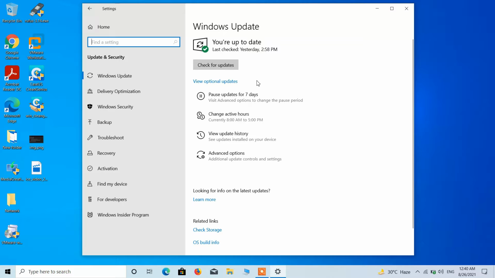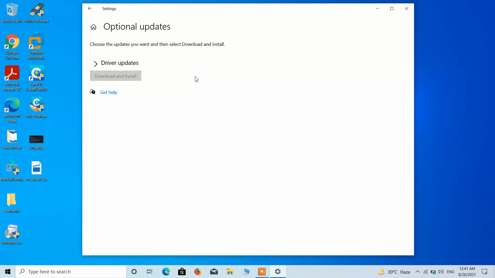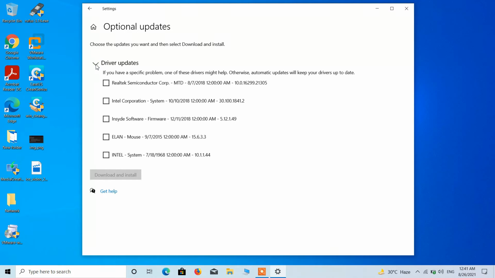Now just click on this view optional updates on the Windows update page. Now just expand this driver updates. It will show some list of driver updates.